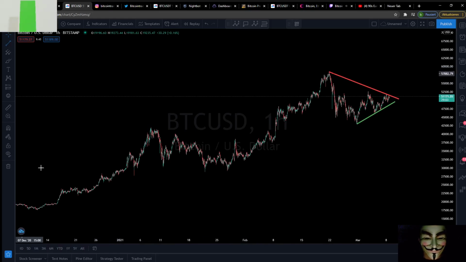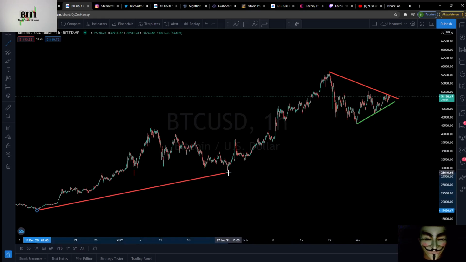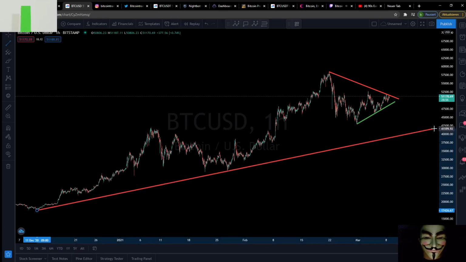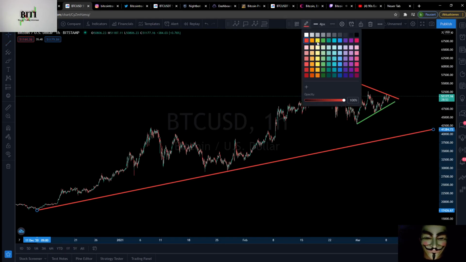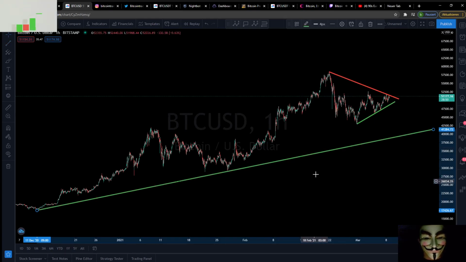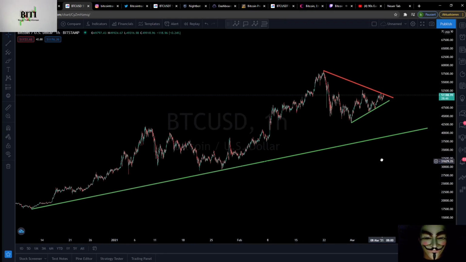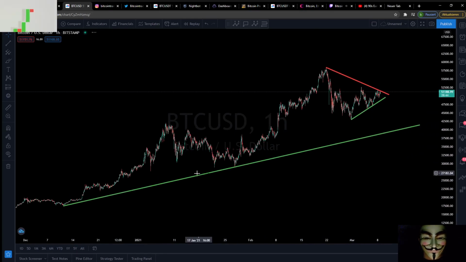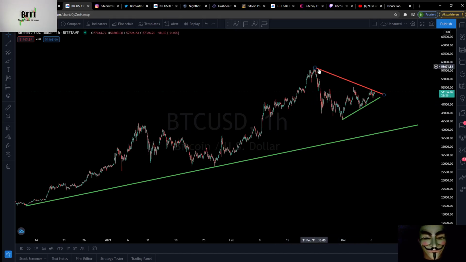Here is the line also. Here was the deepest point, and we can make the line over this deepest point here to the upside, and that's our big uptrend. And now you can see, guys, if we are zooming out a little bit from this 1 hour chart, oh yes, here we are in a very nice uptrend. In a bigger time frame, everything is looking fine. But if we are zooming in, you can see here is coming a big red line over our heads,